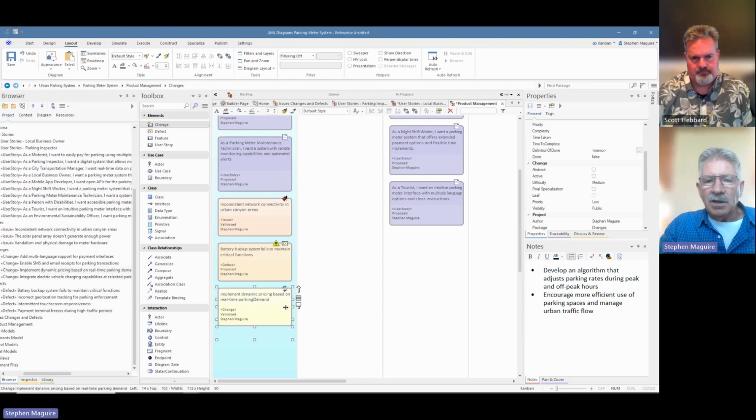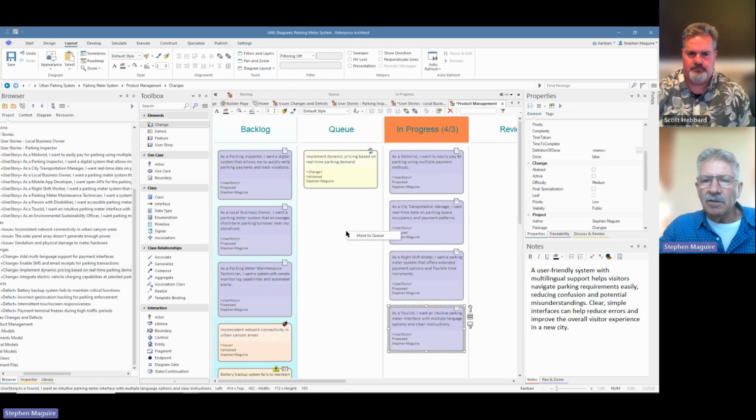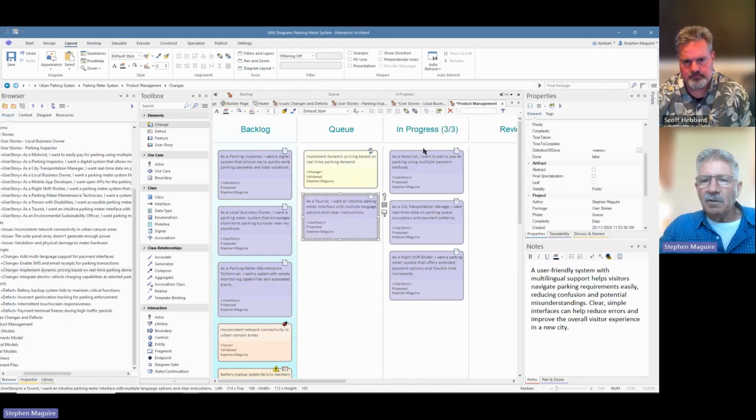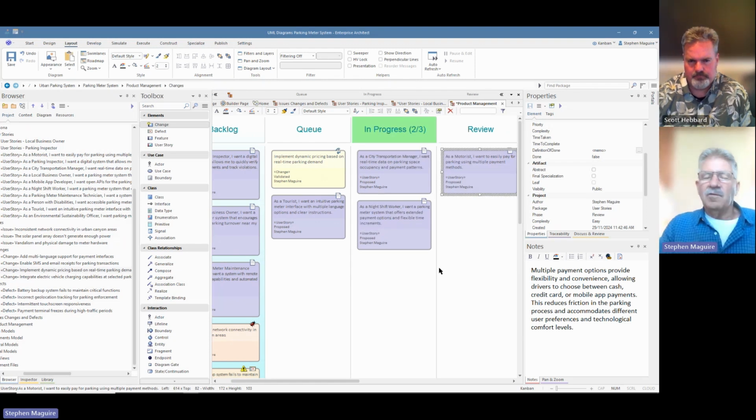And again, you can see they're going in different colours, and I can move those across these different lanes. That one's gone in there. I'll say that this one is back in the queue here again, and we'll move some things to the review. This one's been finished here. So, Scott, there are very interesting